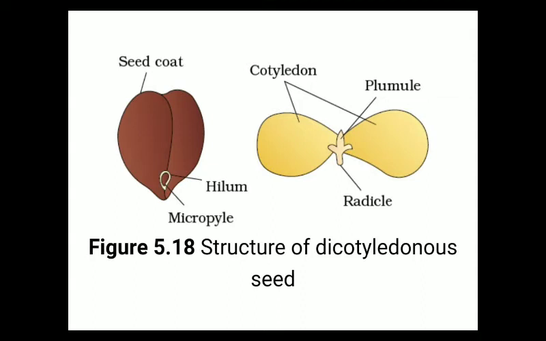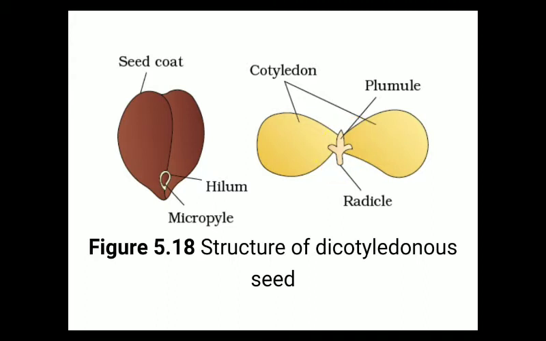So how will this baby plant survive? This baby plant embryo is not able to perform photosynthesis. So how will this embryonal axis survive? It will get nourishment from the cotyledon. These cotyledons are the source of nourishment for the embryonal axis.